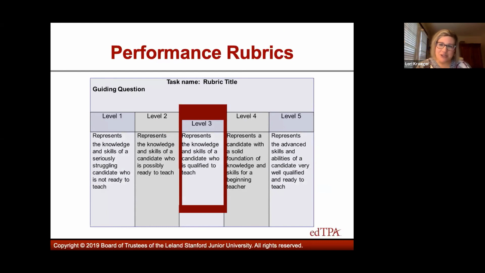They, of course, have much more detail than what you see here. But for edTPA, proficiency sits at level 3. That's the level that represents the knowledge and skills of a candidate who is qualified to teach.